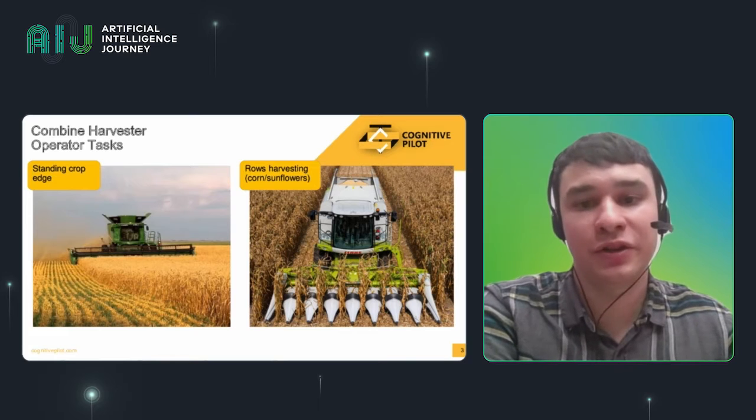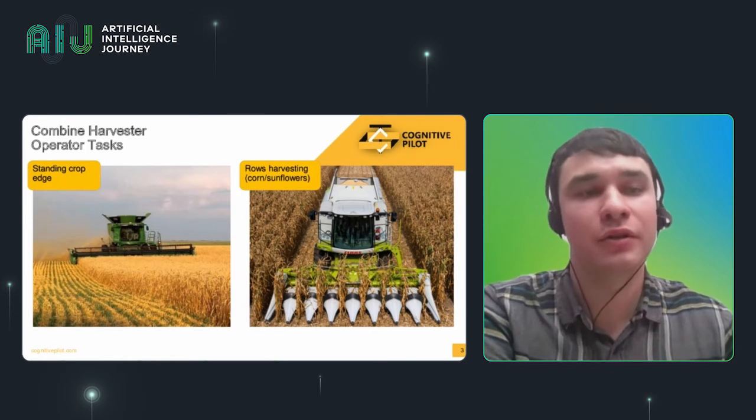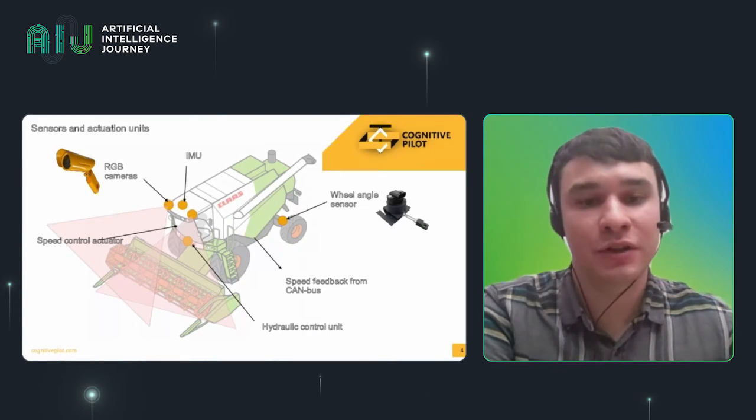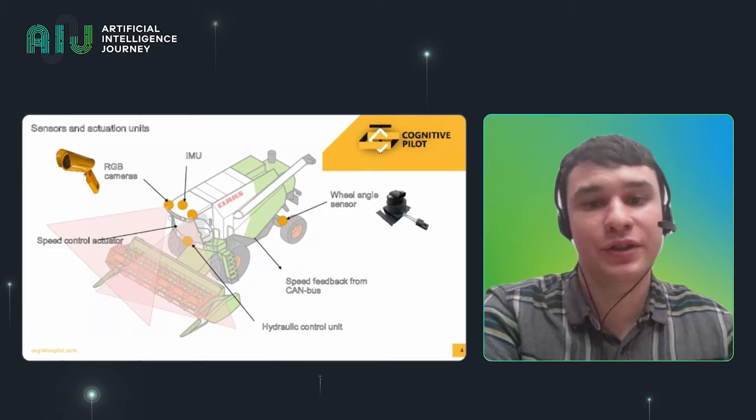So when we're talking about the harvesting of the corn rows or of the sunflowers, it is important to position the header, the teeth of the header between the corn rows. It should be done very precisely, and an error of about 15 centimeters is a problem. So our system could do it with very high accuracy all the time. So now I want to tell how it could be done, what sensors and actuators we